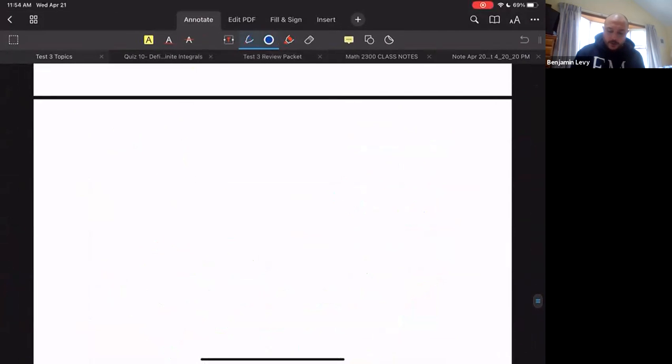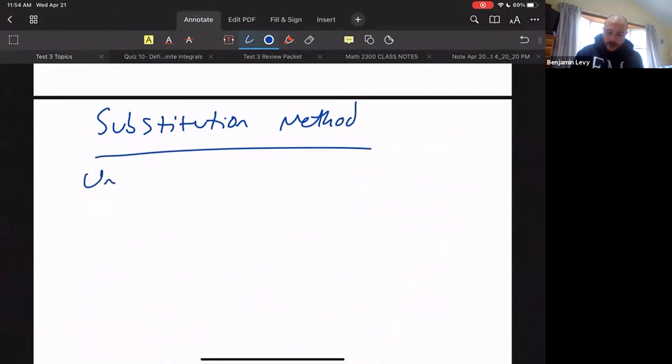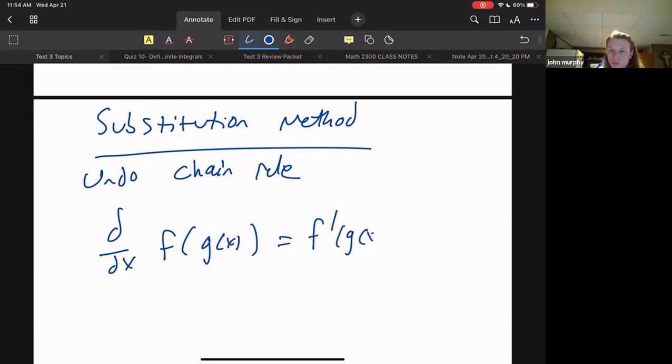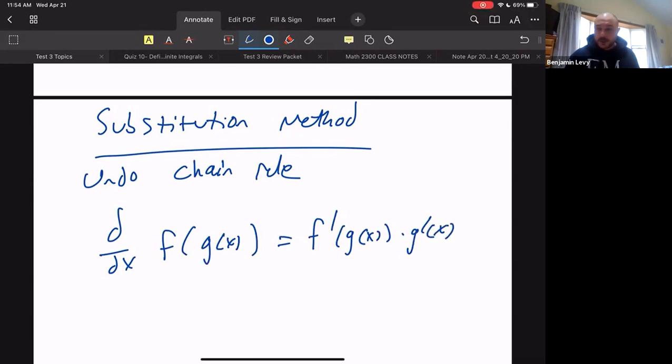So let me just do a quick rundown of substitution in case this is still really confusing. Substitution. Remember, we want to undo the chain rule. Going chain rule crazy, I feel like, in this section. And as a quick reminder, this is what the chain rule is. If we differentiate something that's a composition, we get f prime of g of x times g prime of x, right? We just looked at that a little bit today in a couple contexts.